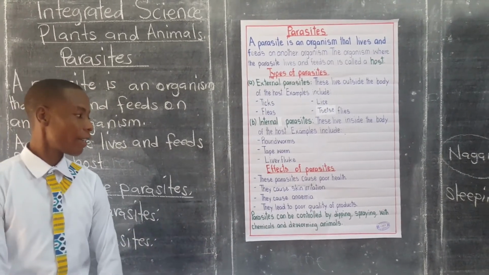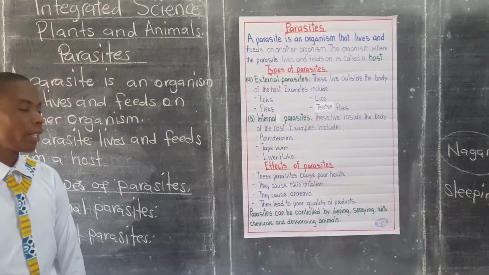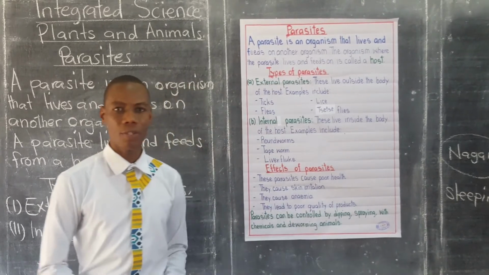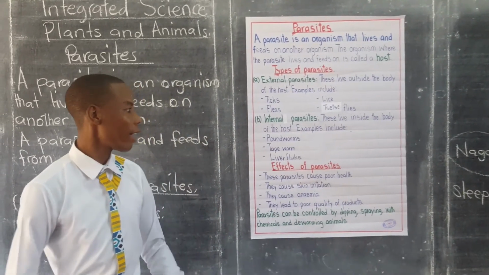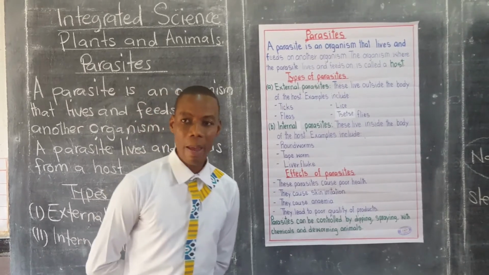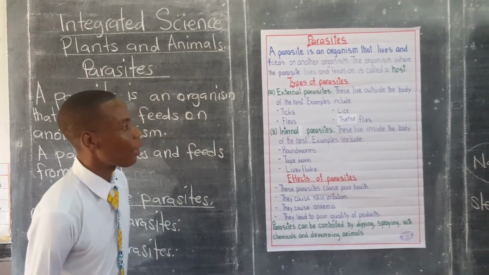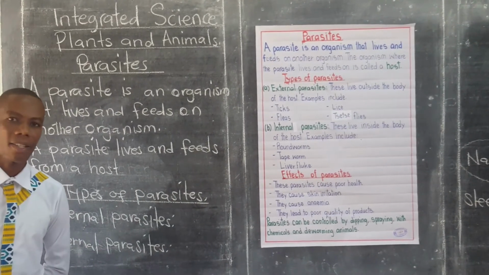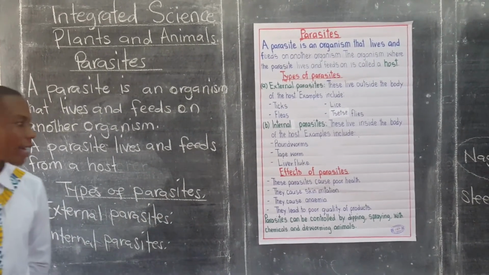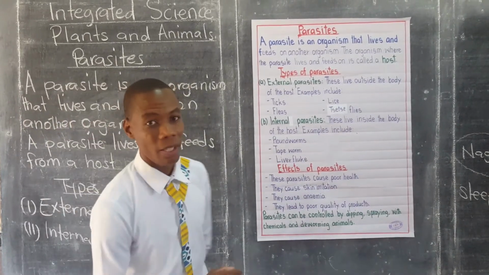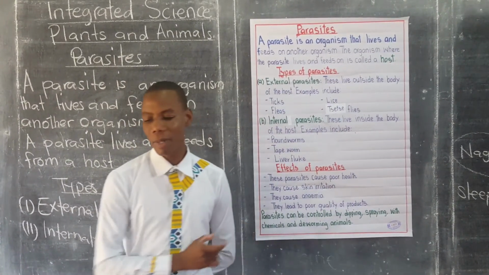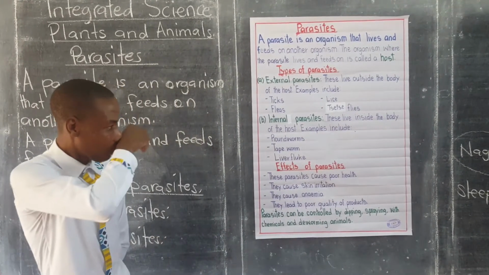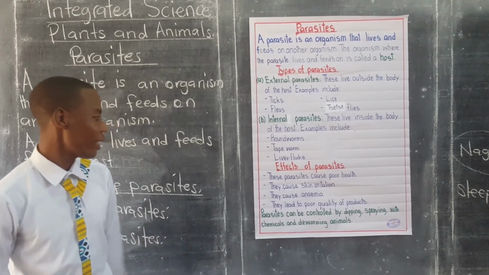Having looked at these effects, that are a number of them, it is important that we also look at how we can control these parasites. It is important that we control these parasites. What are some of the control measures that we can put in place to ensure that these parasites are controlled? What do you think are some of the control measures? Well, I'm sure you're trying to brainstorm where you are, and among the things we can do